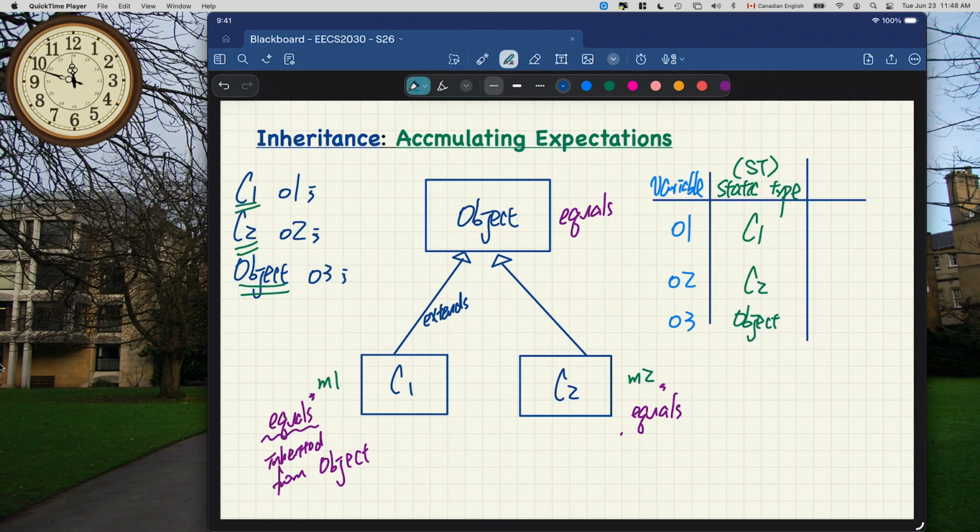Now, let's go to the next column. So this is something I call expectation. I think that's the most intuitive way for us to understand. If you declare O1, for example, to be of type C1, later on in the code, right? Let me put a star over here, so I'm going to continue from here. So here, starting from the star, we assume we already got C1 O1, C2 O2, and Object O3. Now let's talk about method calls. I may write something like O1.M1, O1.M2, O1.equals,